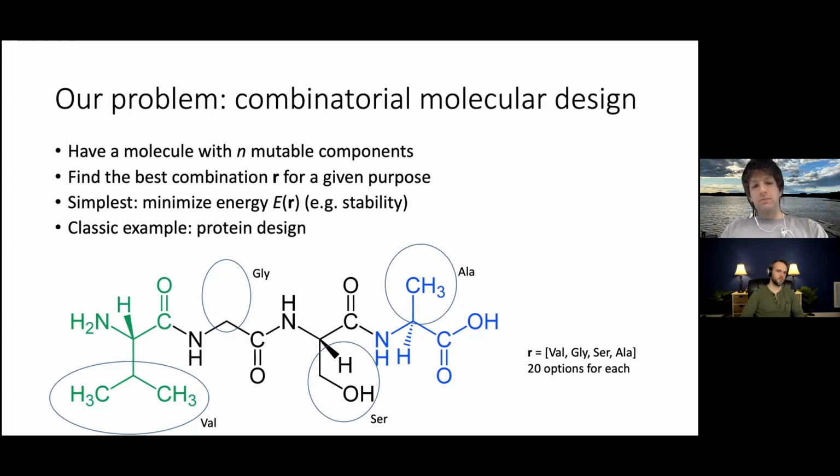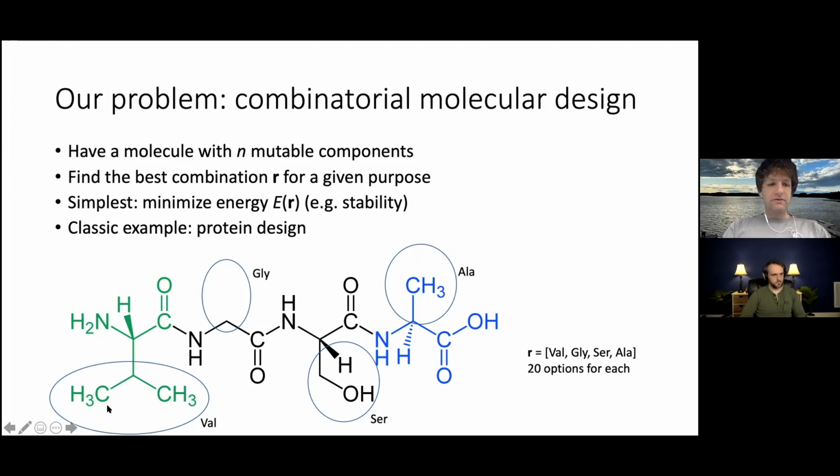Basically n components that are mutable, where you can change the chemistry. So the classic example of this is a protein. Say we're doing protein design. If you look here along the backbone of the protein, this is always a regular pattern. You've got this NCC, NCC, etc. backbone repeat. Each repeat is called a residue. But what's different is on the middle carbon, the alpha carbon, as we call it, there's a different side chain coming off. So then you have these different chemistries for the different residues, which we call the amino acid types.